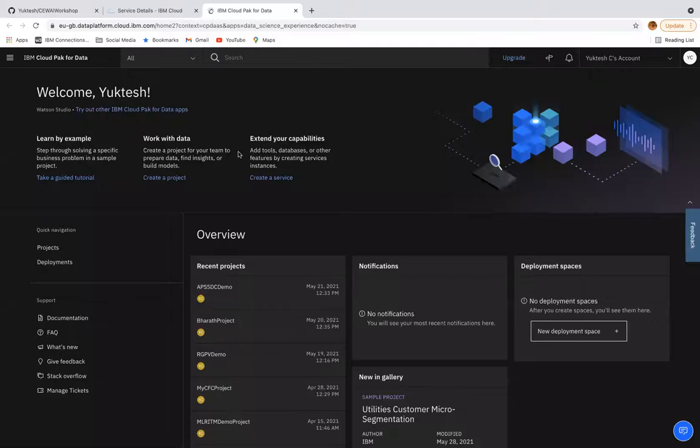Let me show that. So this is IBM Cloud Pak for Data, where I get Watson Studio. The moment I created Watson Studio, internally it is showing IBM Cloud Pak for Data. This is the place where you can do all your data science related projects. Okay, there are some projects which I have done in the recent past, right? So now I would like to create a fresh project, create a project.